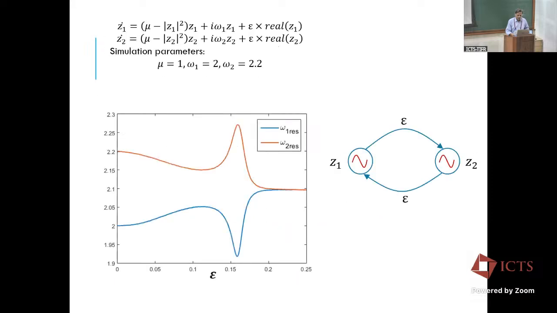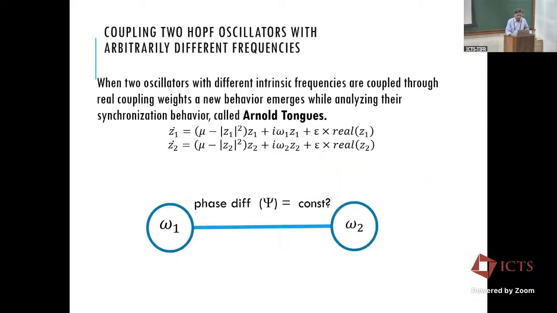So here in this numerical example, you see the oscillators are at 2 and 2.2. And on the x-axis, as you keep increasing the coupling factor, at a coupling factor of 0.2 or so, they come to a common frequency of 2.1, and then they have a constant phase difference. Typically, the faster oscillator leads the slower oscillator. This is all well-known stuff.